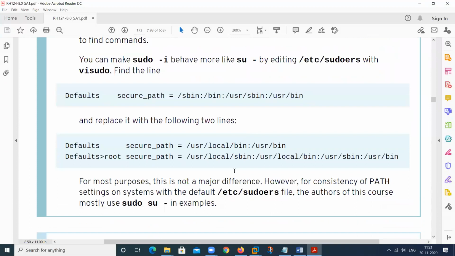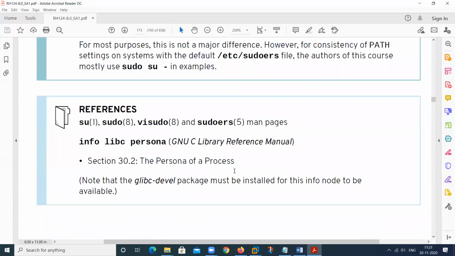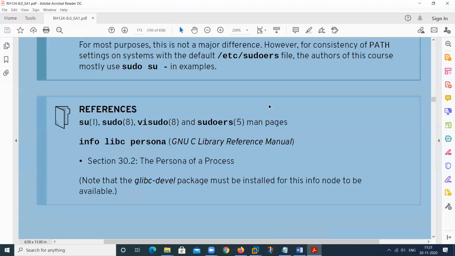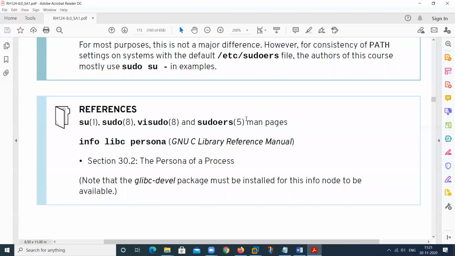Okay, no issue. It has no information regarding this, but fine. I will tell you, it has some specific time duration.